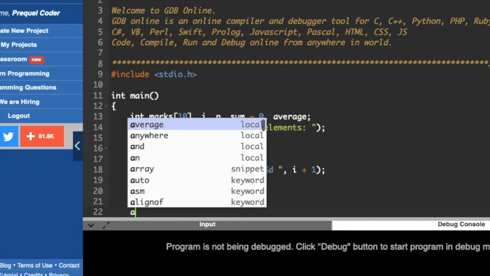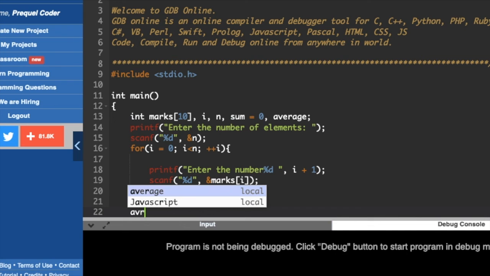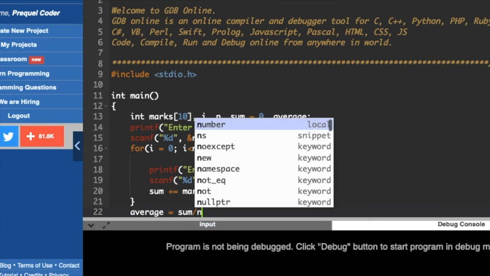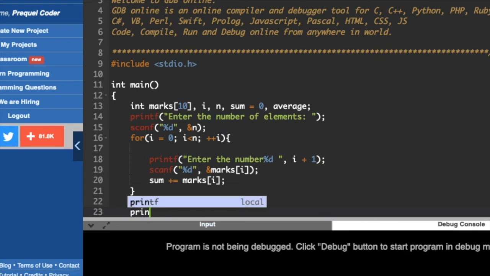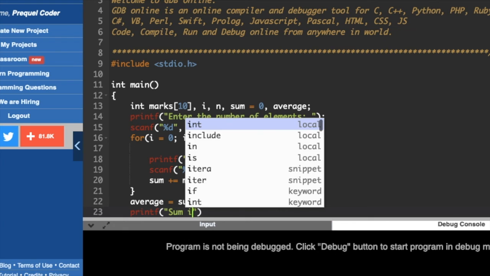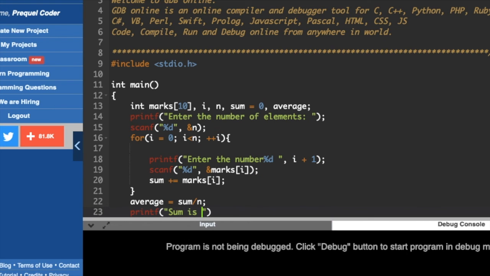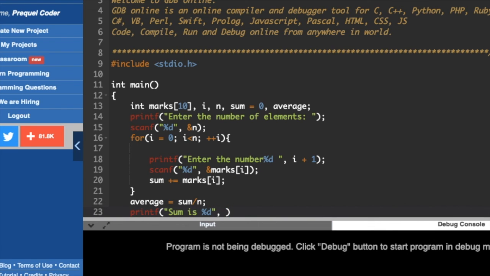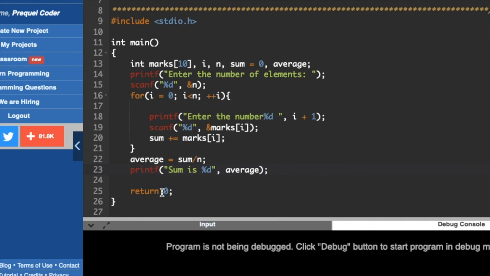So let us now write a statement that prints our average, sum by n. Okay, and then lastly print a statement that sum is percentage d, because we are using int, so here we are using the percentage d and putting an end to the code by keeping a semicolon.